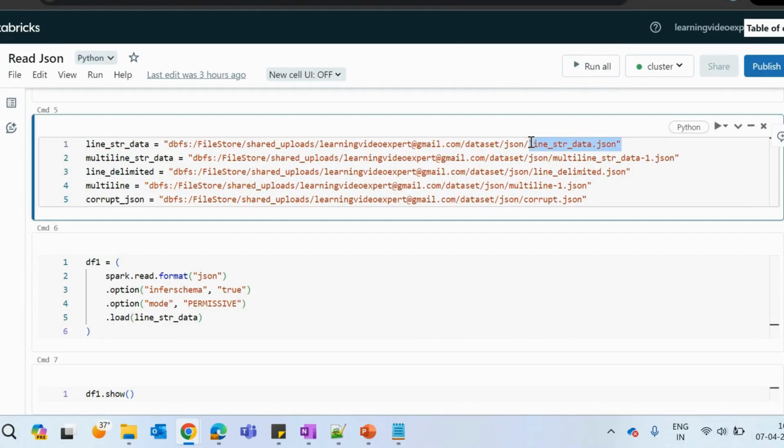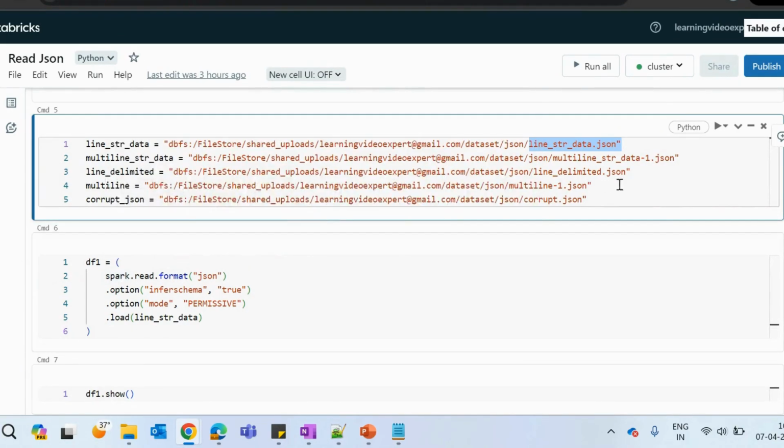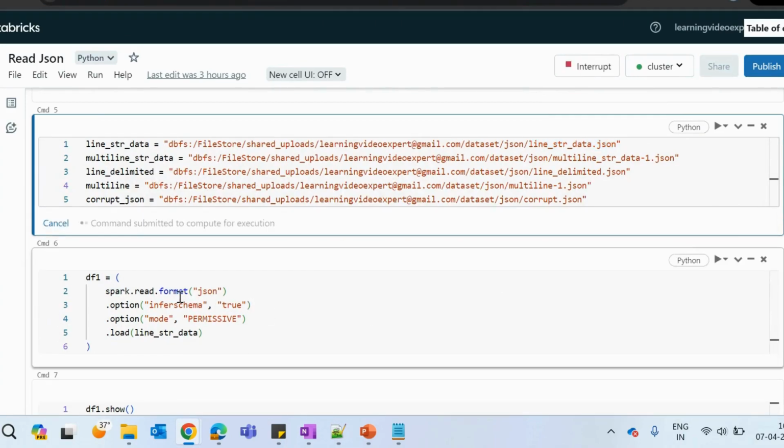I will first go ahead and attach it with the cluster. Now, this is the file that I'm loading into my DBFS location. All the files are loaded into my DBFS location. If you don't know how to import files into the DBFS location, I will pin the link in the I button. You can check that out and see how to import your files into DBFS, from where we will read the file.